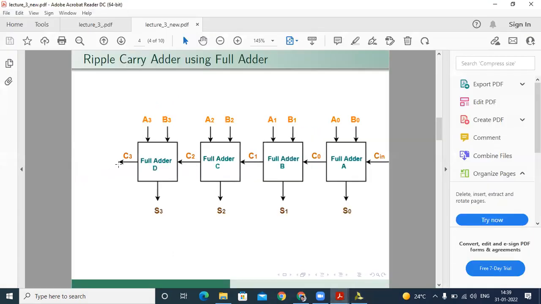This is our output carry. And in the starting we say the first carry is 0, because firstly we add the LSB bit, and the carry is shifted only after that, not for the first carry. That's why we suppose this is 0 for the first time.